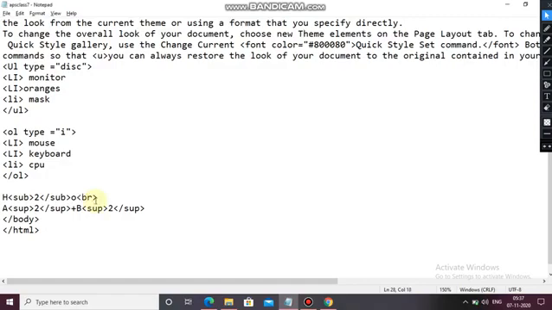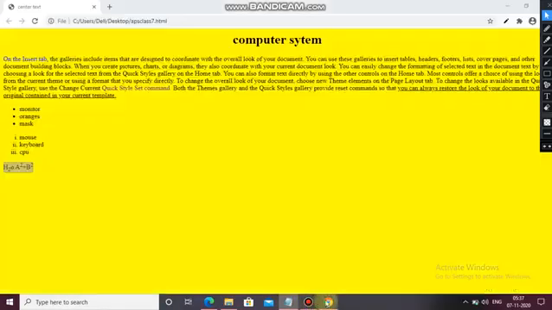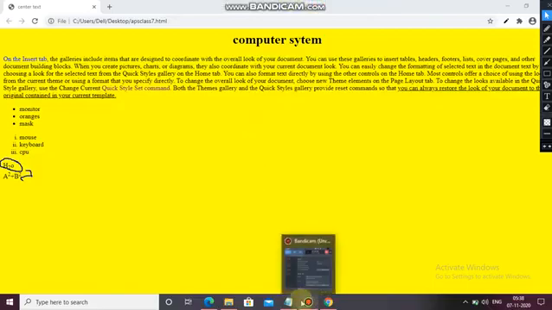Okay, Control S, and now you can see it here, H2O and a square b square. Clear? So you can use superscript and subscript for writing equations and formulas.